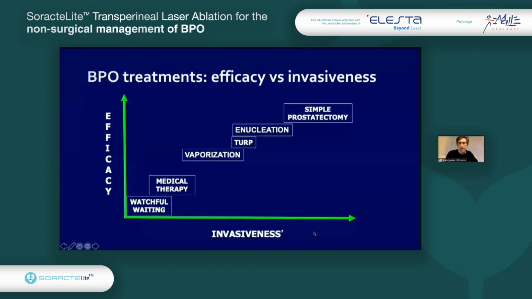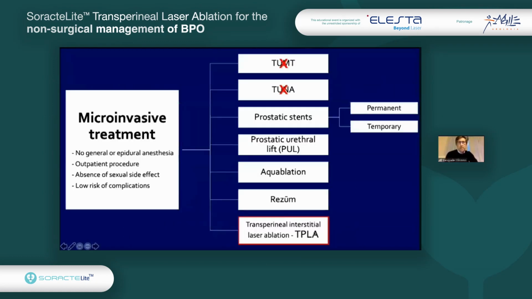We know that there is a strict correlation between efficacy and the invasiveness of the procedure, as has been shown also by others, and between watchful waiting, medical therapy, and the surgical approach. And so micro-invasive, we put like a bridge between these two kinds of procedures. What is micro-invasive treatment? It should be a treatment that doesn't need a general or epidural anesthesia,